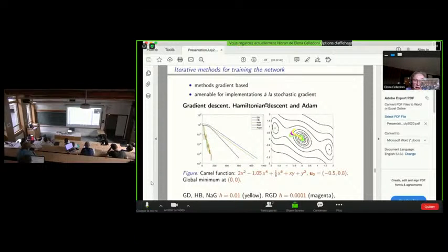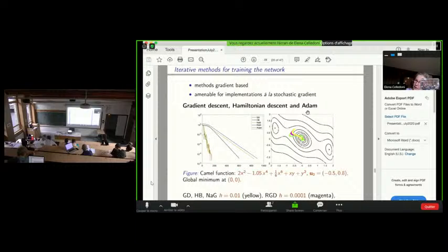And accelerated gradient is another category of methods which are used in this case. Here you see a number of these methods. The first one, the blue one, is the usual gradient descent, and the others are all Hamiltonian descent or accelerated gradient descent type of methods, which are based on second-order equations.